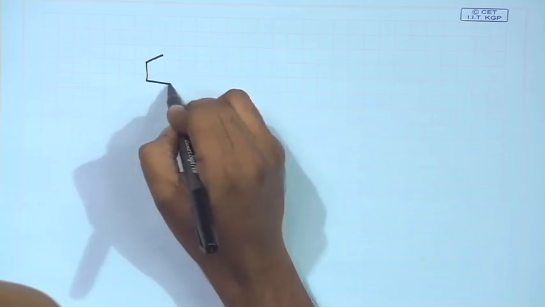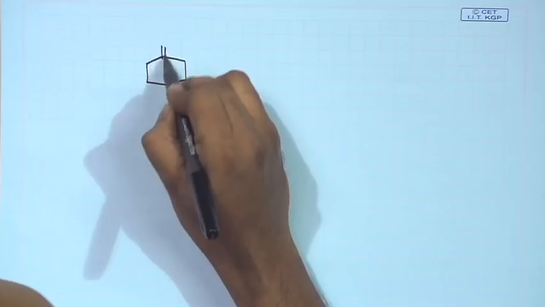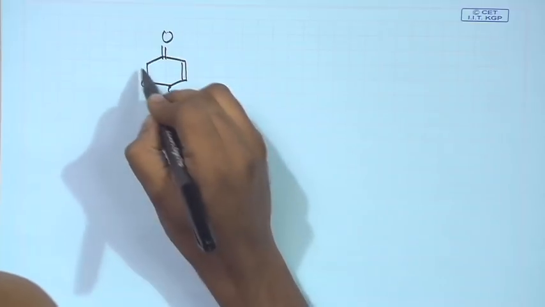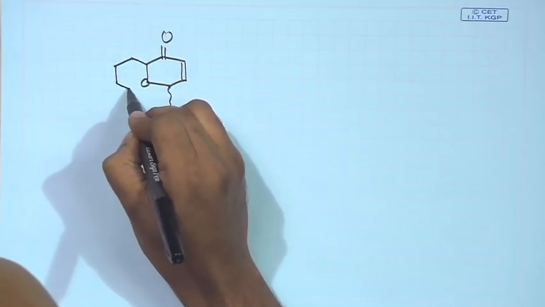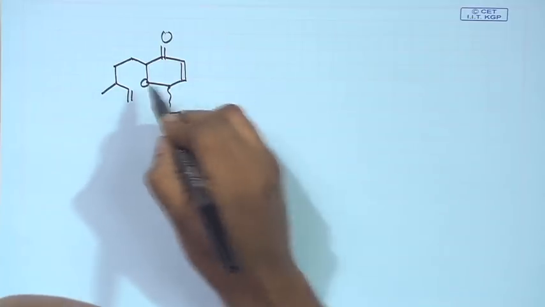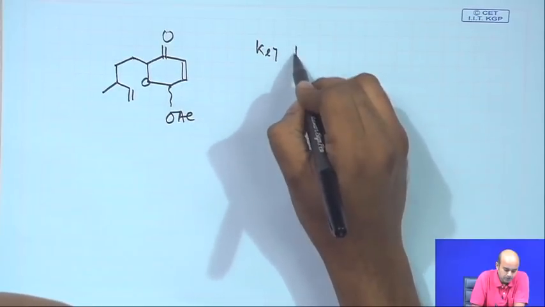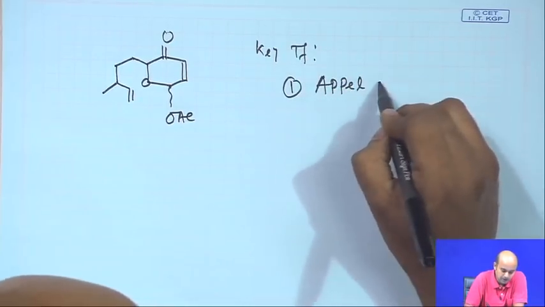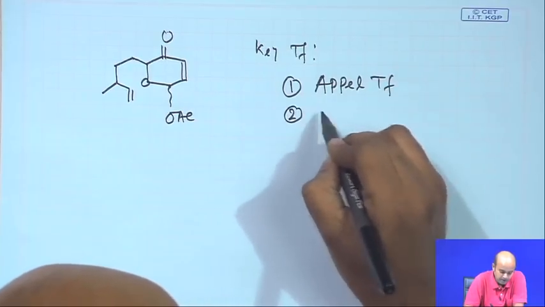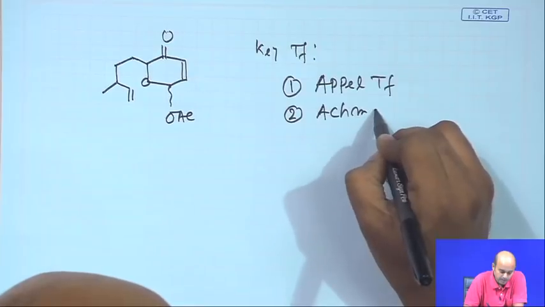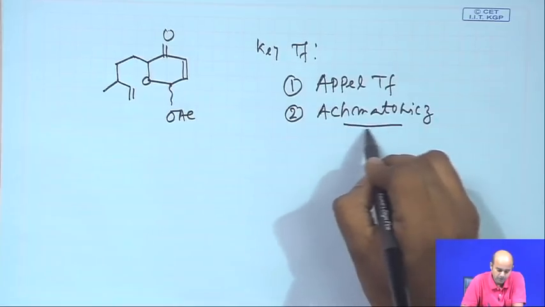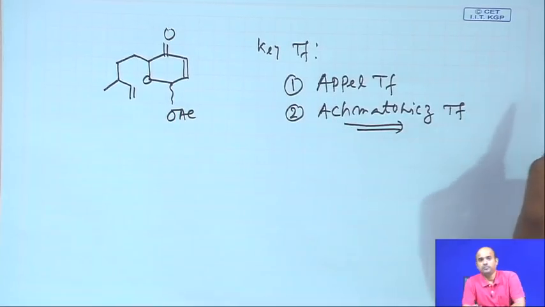If I now draw the entire pathway again, the target molecule was this. The key transformations which you are using here: the first one is the Appel reaction, and the second one is the Achmatowicz. Now, the Achmatowicz reaction was named after its inventor Achmatowicz, who is a Russian scientist, and eventually you can use